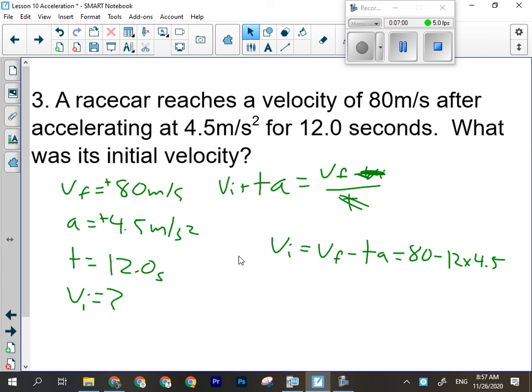Anything in seconds is T. Okay, that's the first way. The second way is the context of the question, right? You could be given two things that were in meters per second, and this one says it reaches 80 meters per second. That means it didn't start there, okay? That's almost like reading comprehension from English. I have to read the question and comprehend that that means it didn't start at 80. That kind of